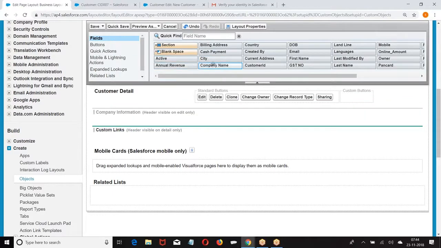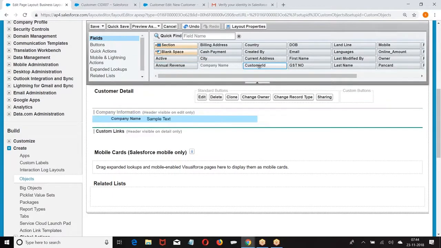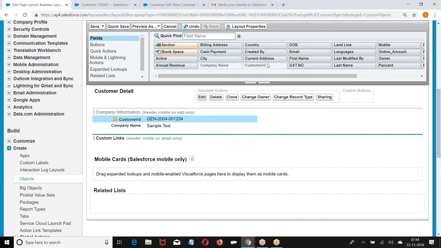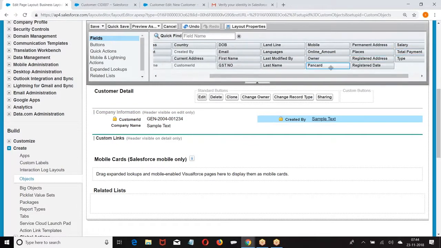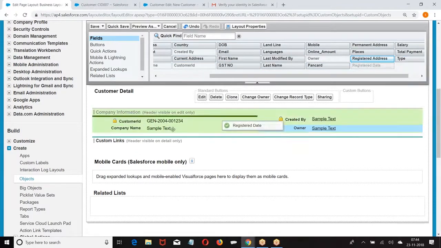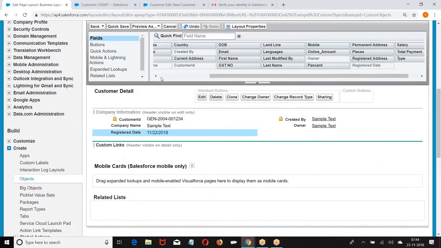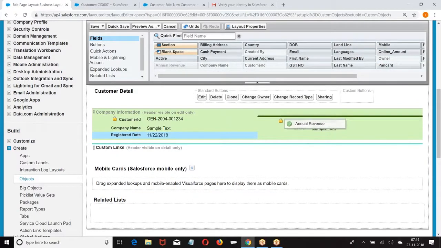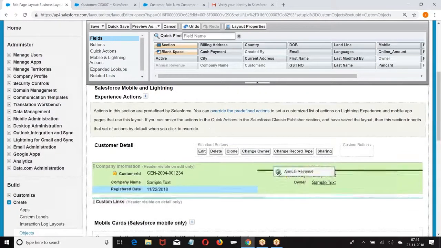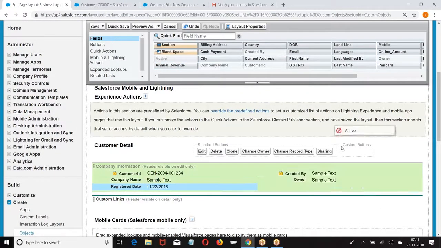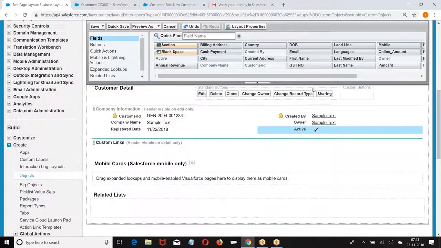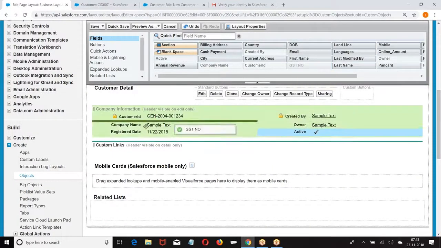Then go back. First I am going with company name. Ready. Then created by. Then we have owner. Then once you got the company name, register date. Then we had annual revenue. GST number.